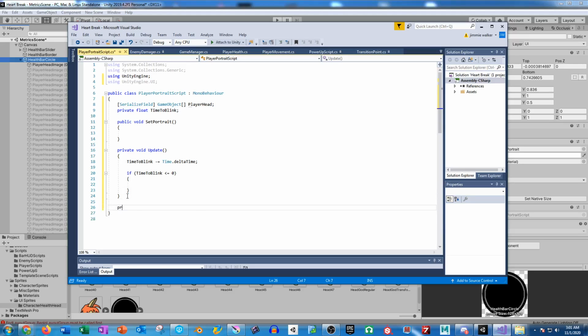We're also going to need to create a private void, and this will be called ResetTimer. This will take time to blink will equal Random.Range, and this will be between, let's just say, 2 seconds and 5 seconds. That should be fine. We're just going to give this a starting value of 2. And so if it's less than or equal to 0, we're going to say